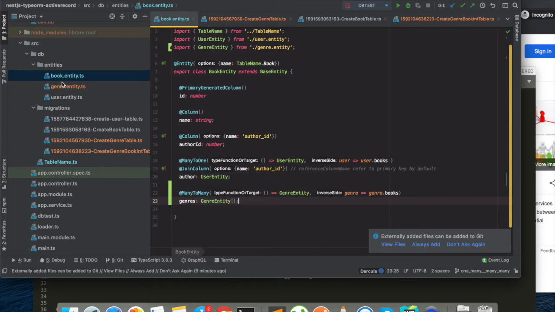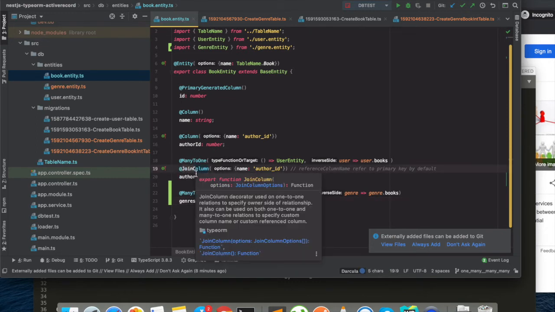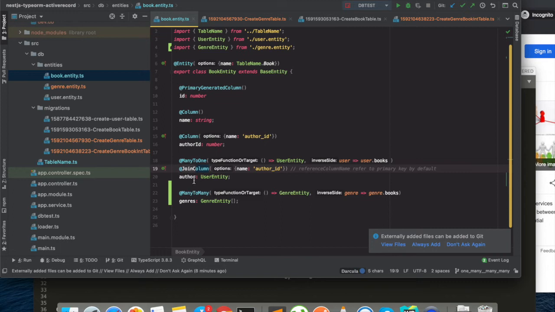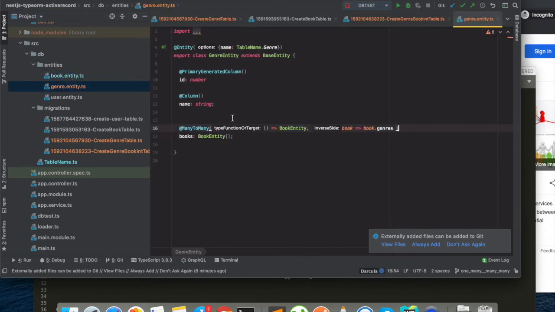You can add that anywhere, but like I said, whatever is the owner of the relation, at that side we will generally use the join column or join table. So for one to many, it's pretty clear that we will need to add this column on the table that holds our foreign key. But for many to many, we can add that to either of them. So let's add it to genre.